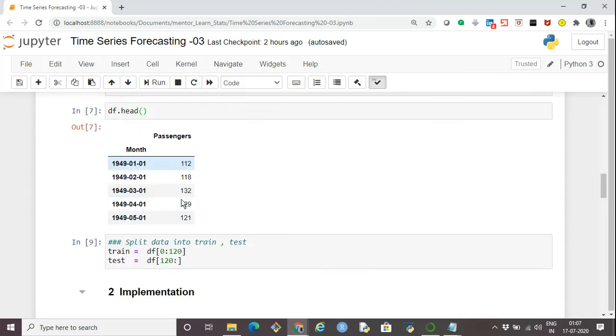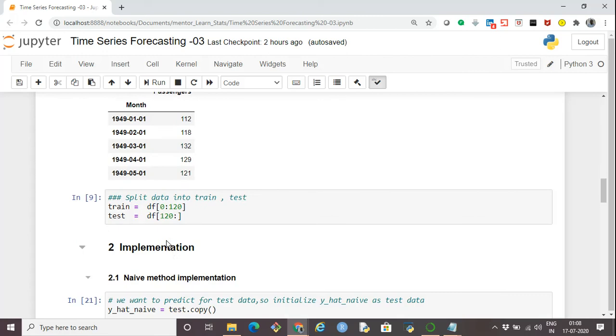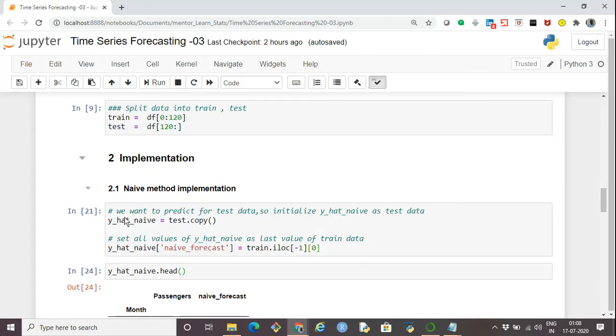Now we are splitting it into two parts, train and test. What I'm doing is taking rows 0 to 120 into the train data set, and from index 120 onwards into the test data set. The first method we are going to implement is the naive method.